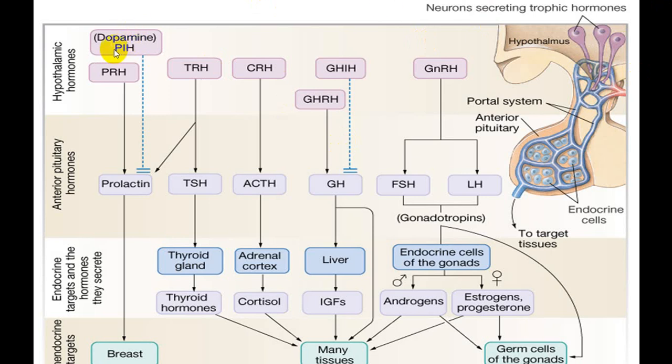This is the same diagram showing you 3 layers, that is hypothalamus stimulating the anterior pituitary and anterior pituitary having an action on the target endocrine glands, that is thyroid, adrenal cortex, gonads, etc. And what are the effects? It is shown in different diagrams. You can go through them at your leisure time. We have already discussed all those parts.